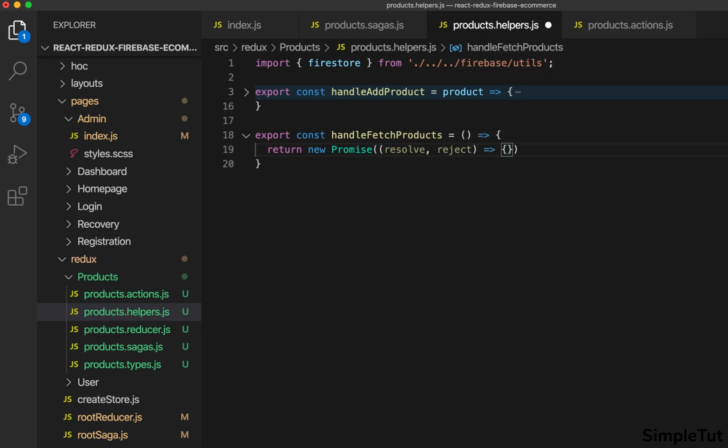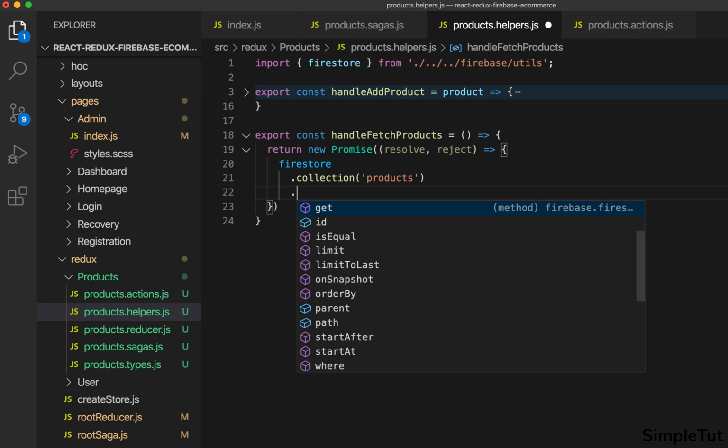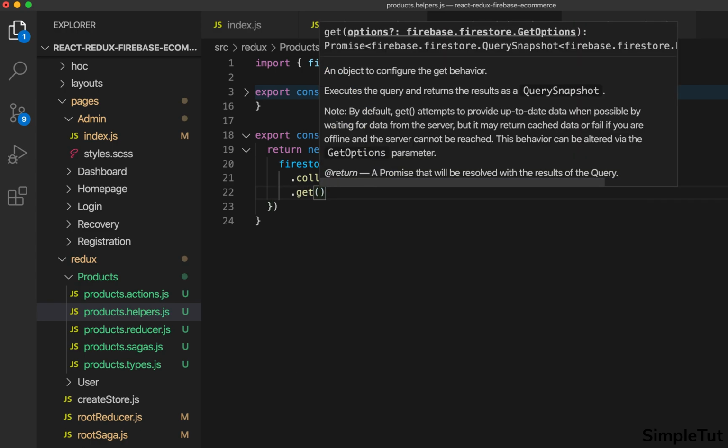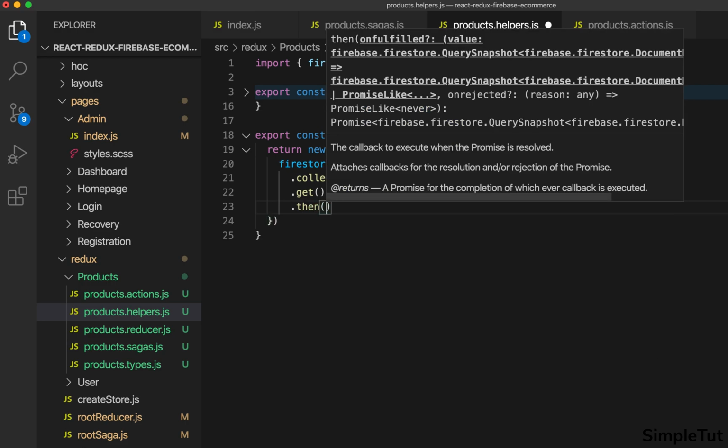And then all we're going to do here is use our Firestore. We're going to target our products collection, and then we need to get a snapshot. We need to get a reference document, right, which we can then use in our success callback. So it's going to take the snapshot,